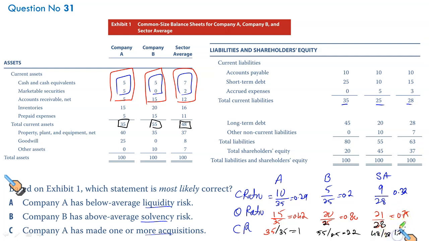Now let us draw the conclusions. Everything we need is here. Company A has below average liquidity risk? The industry average is 0.32, it has 0.29. 0.75, 0.42. 1.75, 1. Since we were not sure which liquidity measure he is interested in, we have calculated all three. And in all three measures, the liquidity risk for Company A is above average. Risk is higher because it has less liquidity in all three measures: cash, quick, as well as current ratio. So this is not the right option.